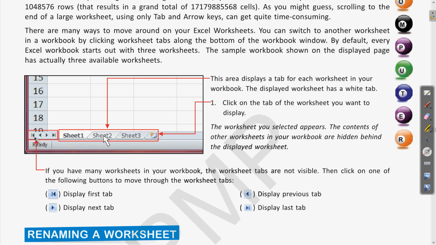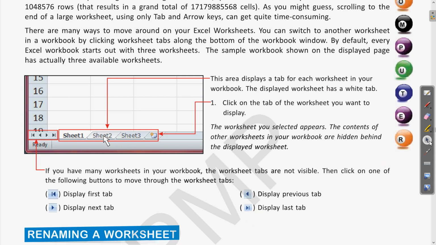If you want to go to the first tab, here you have the symbol. If you click on the left arrow button, this will display the first tab. If you want to move to the next, you can click the right arrow button. If you want to move to a previous one, you can click the left one. When we click these arrow buttons, this will move only one step to the left or right sheet. Then if you want to go to the last tab, we have the last tab option. If you click on this, the last tab will open.